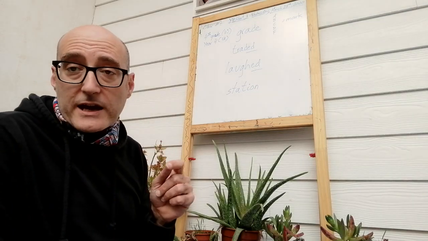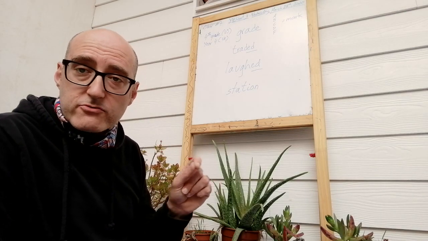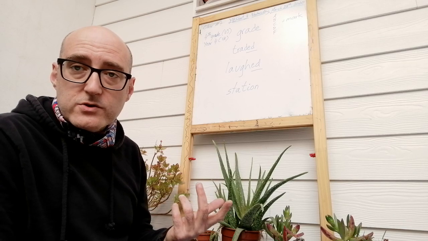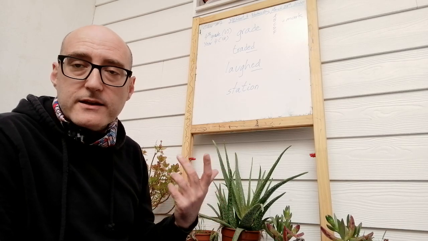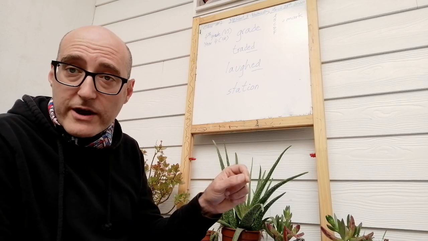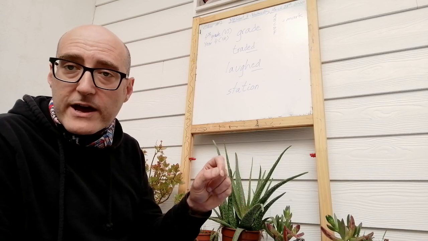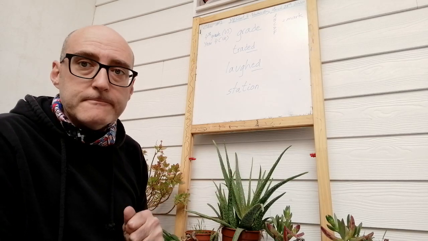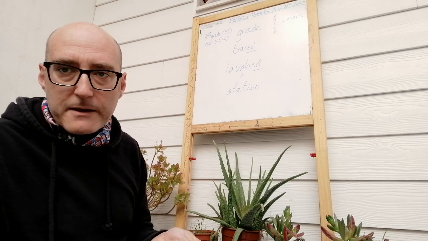And it's also an action. When a teacher is correcting your test, what that person is doing, what the teacher is doing, is to grade the test. And then we write a mark, a grade on your test, saying your grade is an A. That's fantastic. Your grade is a D. You have to do better next time, okay?